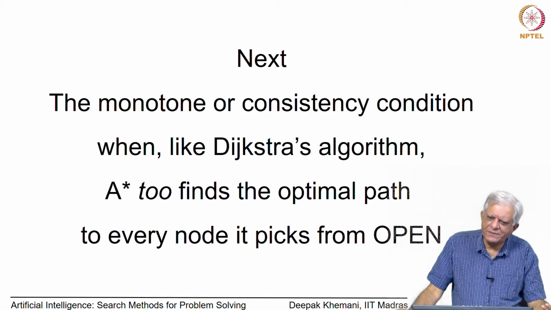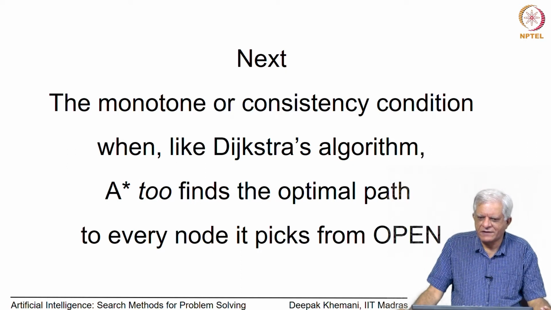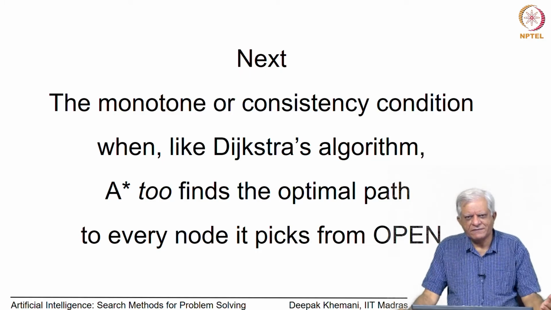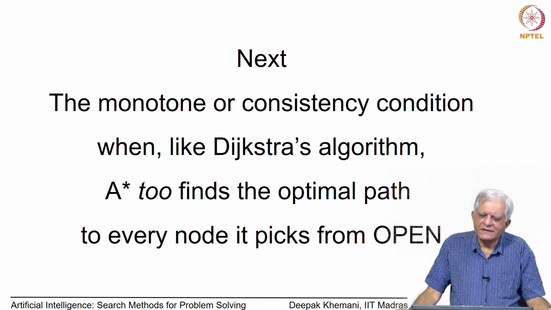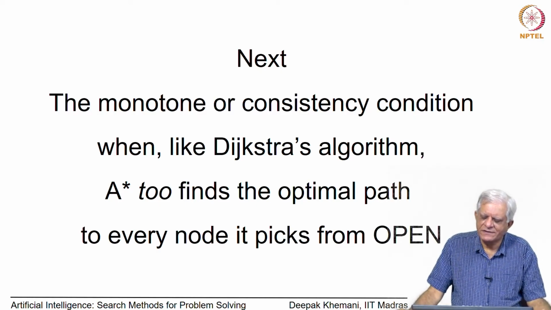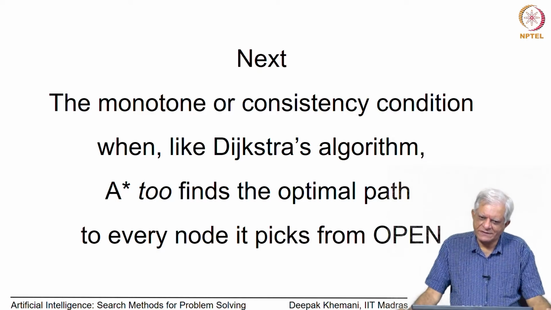We have also observed that the space requirements of A star are more than that of best first search, and we have observed that best first search itself can often be exponential in nature, and that is because the heuristic function is not always such a good function that it can guide you straight to the goal node. And A star being more conservative than best first, it explores more nodes than best first, and therefore, A star also has huge space requirements.